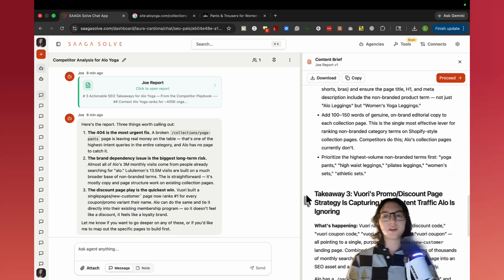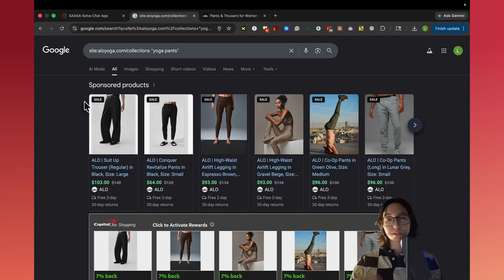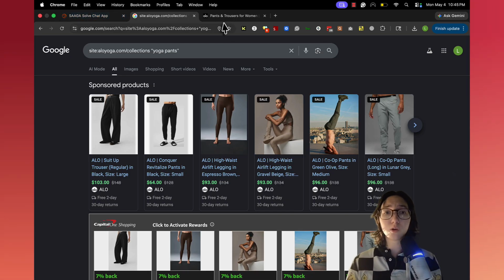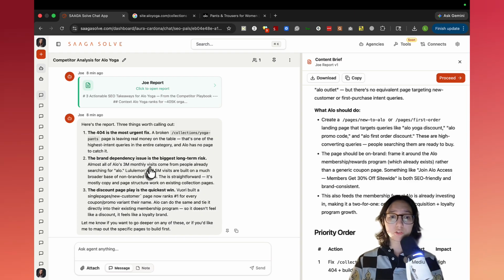So the second thing is, I want to make sure all these recommendations are legitimate. Hopefully these tips and tricks, just to see things at a glance, are helpful, so you don't have to dive through the site. But you can also always just go back to the chat and ask it to verify some of the things, right? So for instance, if I wanted to see an example of an internal link that was pointed to the collection yoga pants page, but was broken,